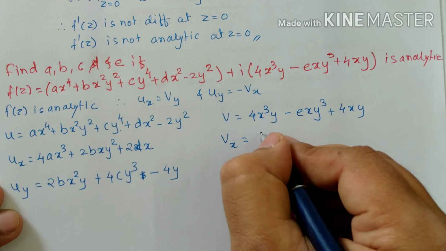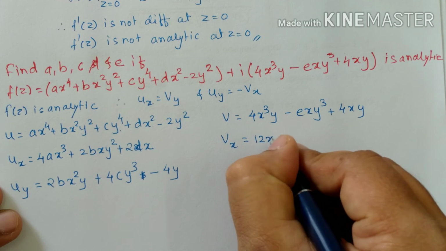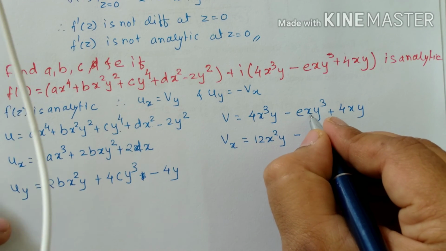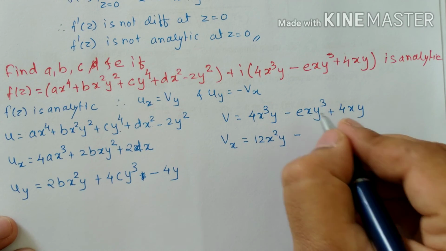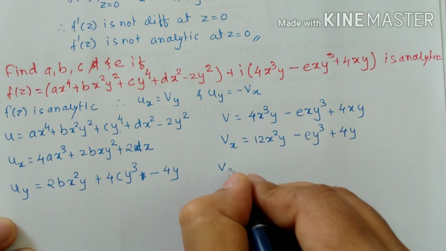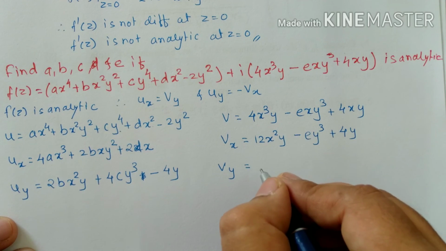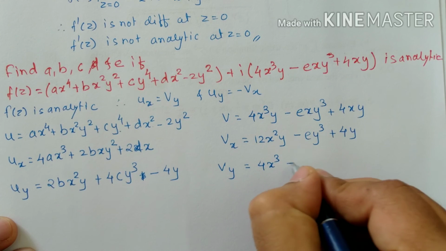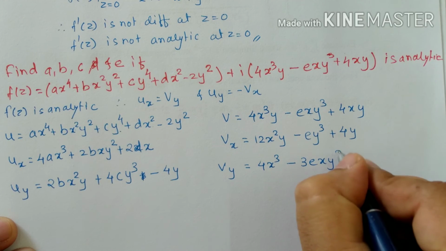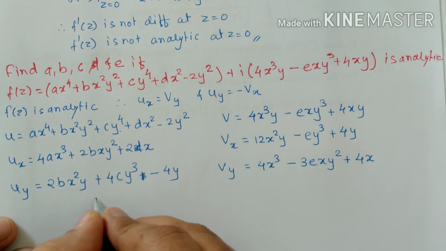Now v is equal to 4x cube y minus exy cube plus 4xy. Therefore vx is equal to, the derivative of x cube is 3x square, 4 threes are 12x square y, minus the derivative of x is 1, so we get e into y cube, and here 4y. Now vy is equal to, in the first term y is present, so its derivative is 1, we get 4x cube, minus, the derivative of y cube is 3y square, therefore 3exy square, plus 4x. Now from CR equations,